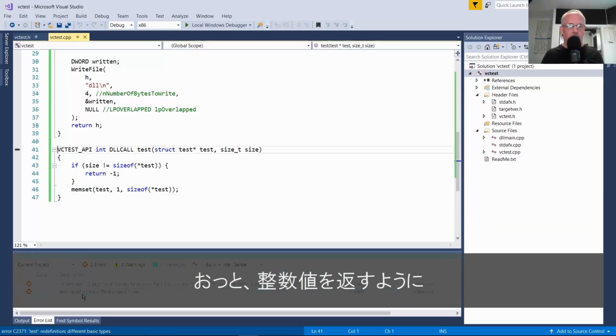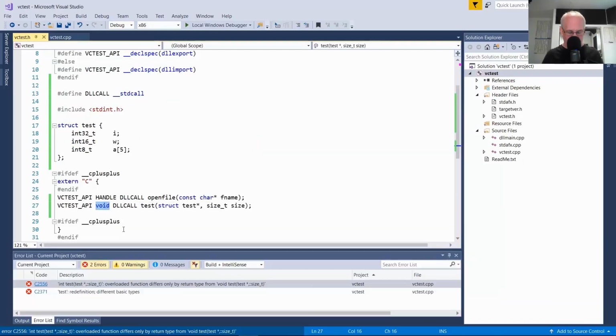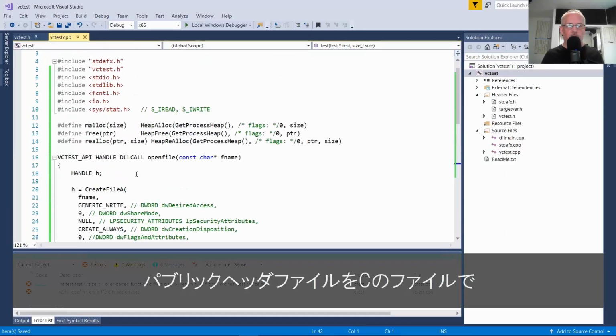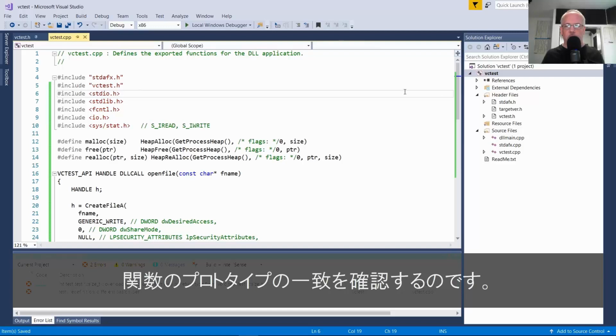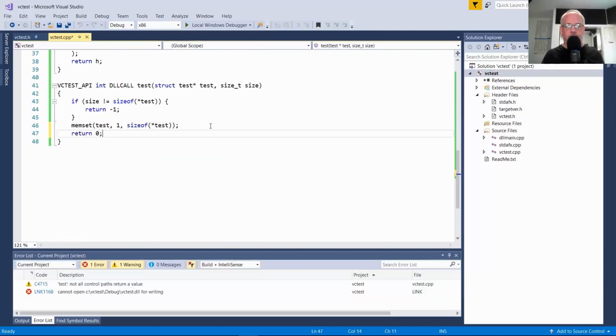Oh, and I need to redefine that as returning integer in the header file so they match. That's why you always want to include your public header file in your C file, just to confirm your function prototypes match. And return 0 on success.